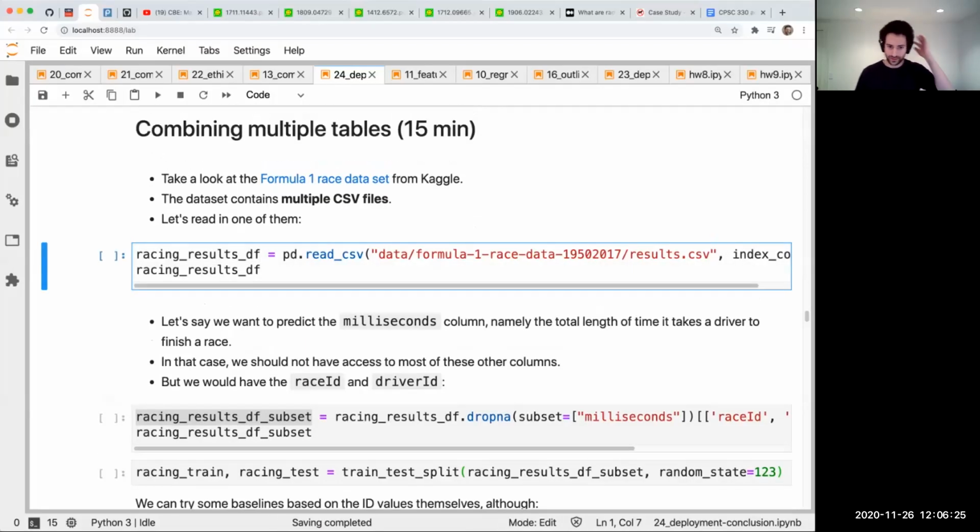Okay, so the random bonus material that I thought would be useful to mention, but it will not be on the exam or anything, is that when we've talked about tabular data in this course, we've always talked about a single table. And what if your data set has multiple tables, like for example, multiple CSV files like this Formula One racing data set? And for those of you who've taken database courses like CPSC 304 or 404 or something,